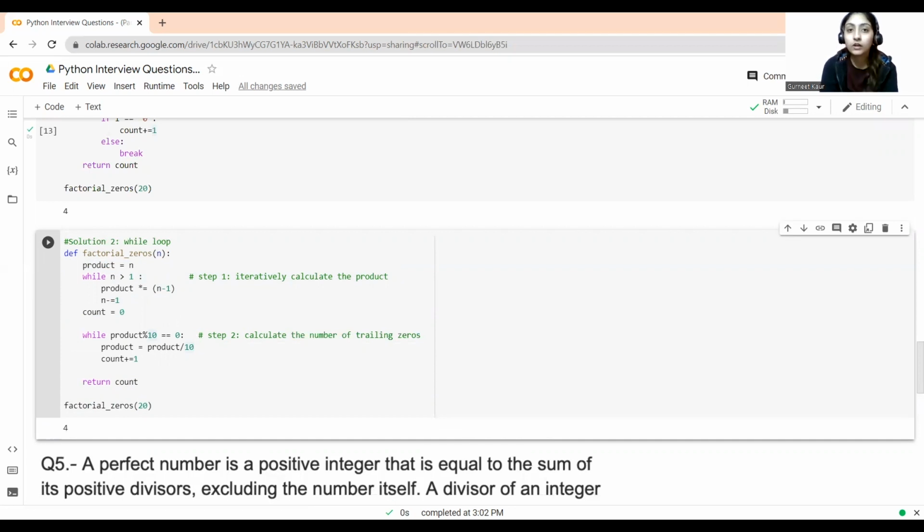So for the product to be evenly divided by 10, the last number must be 0. If we divide any number by 10, the logic there is that the last number should be 0. That is the reason we have divided our product using 10, right? And then we use a while loop to constantly update